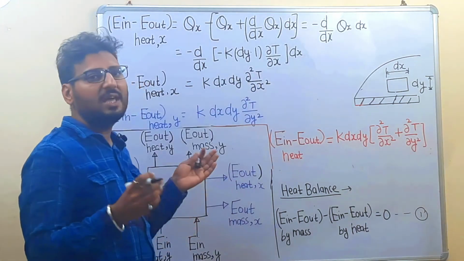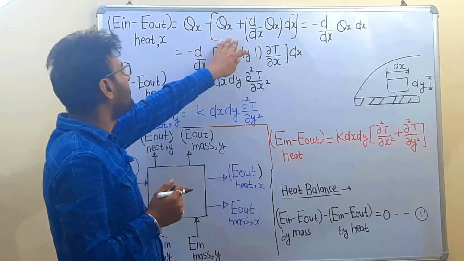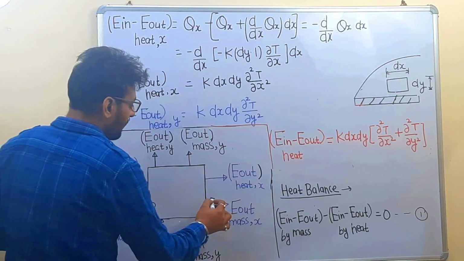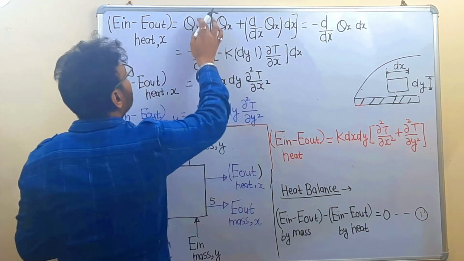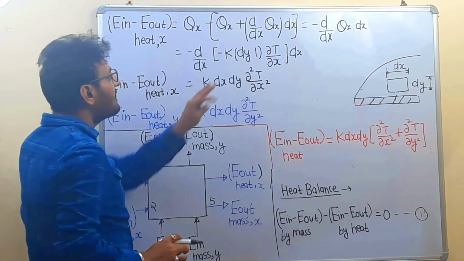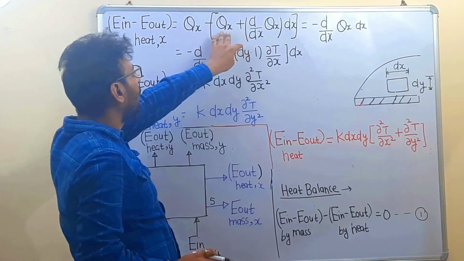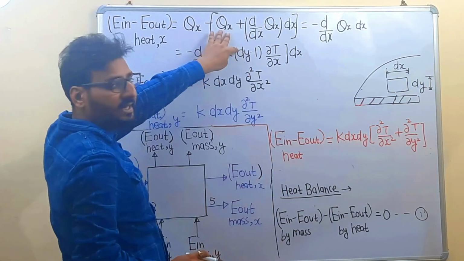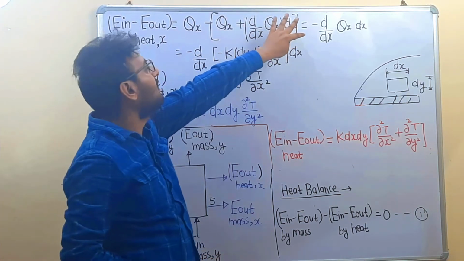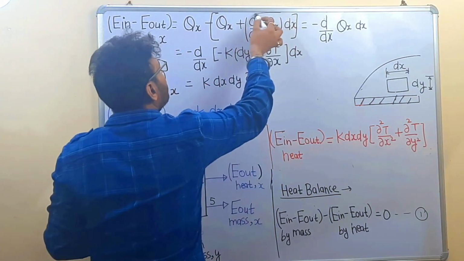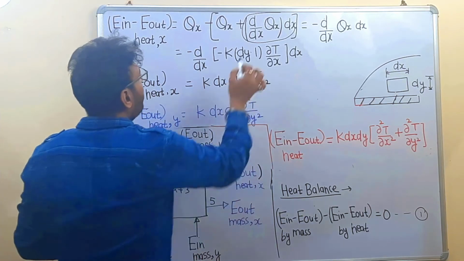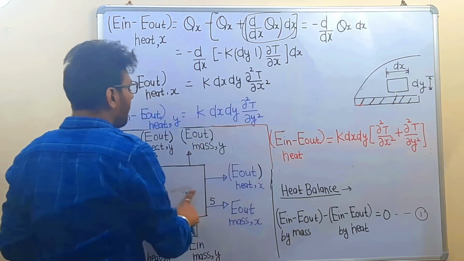Now I am going to discuss the physical meaning of this Taylor series expansion. Suppose 2 watts of heat is entering the substance and 5 watts of heat is leaving the substance. So this is 2 watts and this whole term in the bracket is 5 watts. This 5 watts can be written as 2 plus 3. 2 is entering the control volume and this total is showing change within the control volume. So this is change in the control volume, 2 plus 3. So in this way, Taylor series expansion is given.